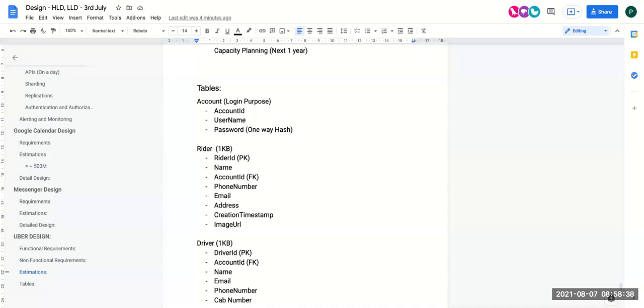But because we have limited requirements and we have a bunch of things to cover in Uber design, we can't design everything. Uber is a very big application. It took years for them to design. We can't design all the requirements within 2 hours or 1 hour. So we take limited, important requirements and work on those. But if you have any follow-up questions in the last 5 to 10 minutes, you can ask me, and I'll try to answer how exactly you can extend your current design to cover the other functionalities which you want.